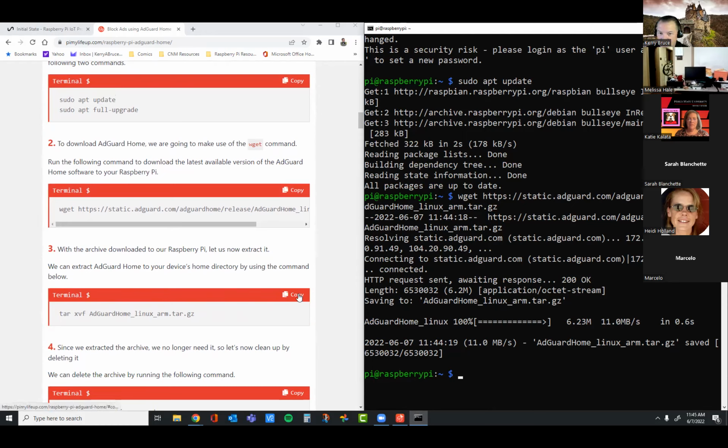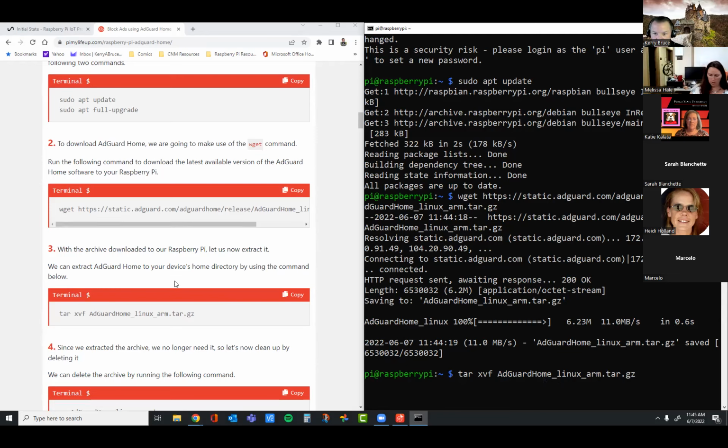Try that again. Otherwise, we'll just start copying. All right. Okay, yeah, it's like a right click that drops it in there. Kind of weird. All right. So we're just going to run the tar command to unpackage it.